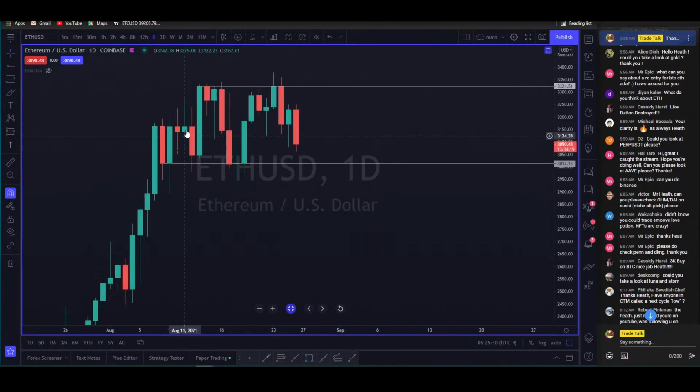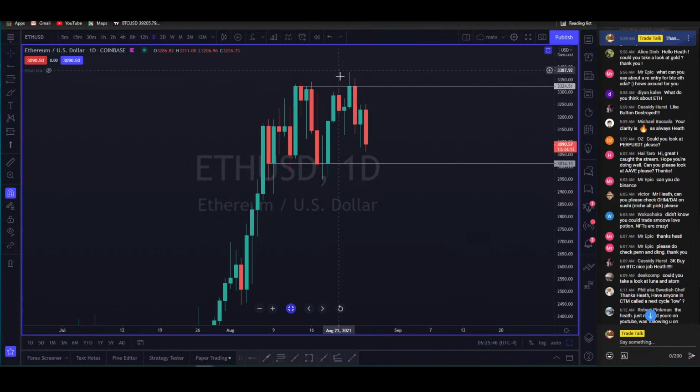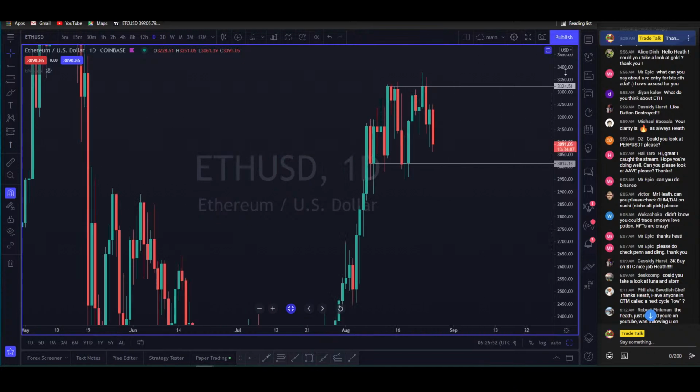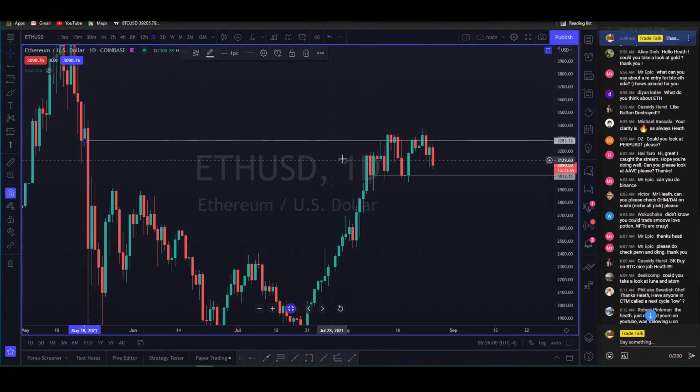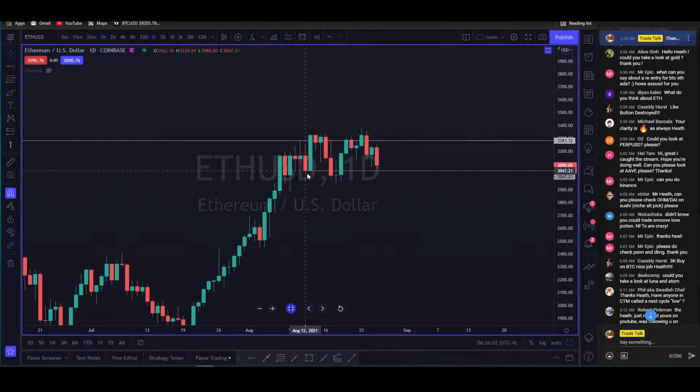See, it's been chopping around at these levels for a couple weeks now. So that doesn't look good to me. You've basically set in a range up here. It looks better than it doesn't, I should say, if that makes any sense. The fact that you did put in a range up here is okay. It's if you lose it that it stops looking okay. So here's support, right? So right now it's kind of in that situation.